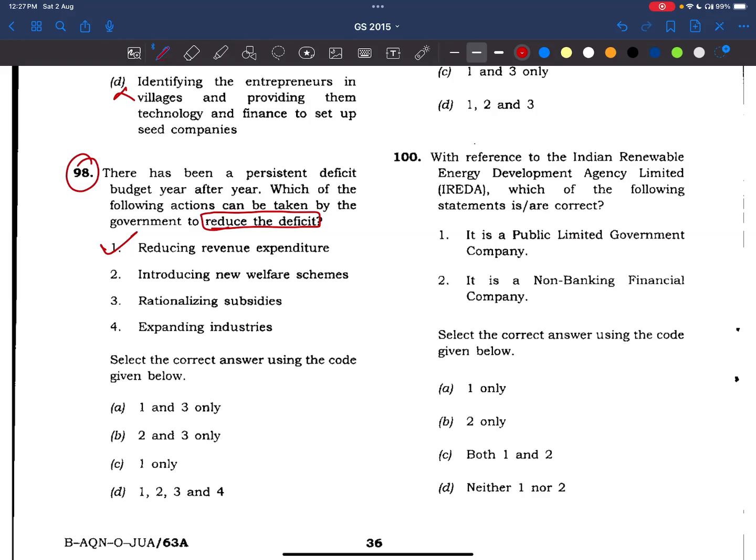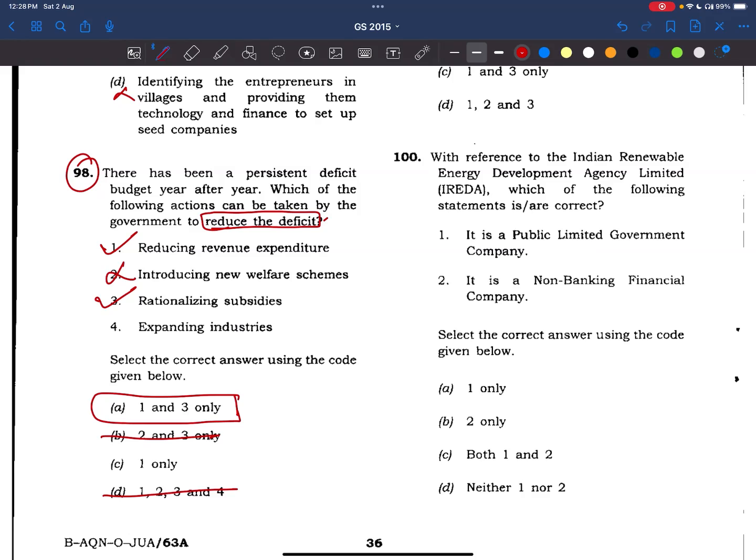Now, introducing new schemes. See, when we are introducing new schemes, that means the government has to spend on those schemes. Right? That means it will increase the deficit. So 2 is wrong. See, these two options are gone. Now, rationalizing subsidies. Yes, subsidies are what? Government is paying the extra amount. So when we are rationalizing, that means we are only paying for the sectors where subsidies are needed. For other things, we are not giving subsidies. In this way, expenditure reduces. So 3 must be there. Answer is 1 and